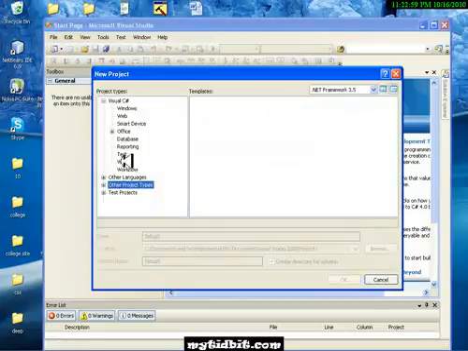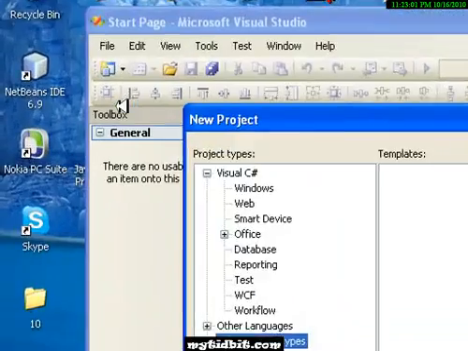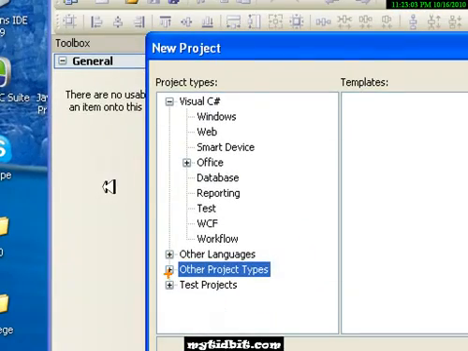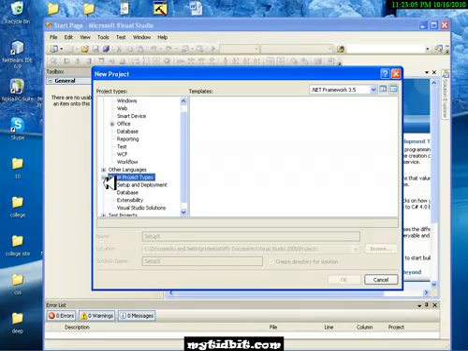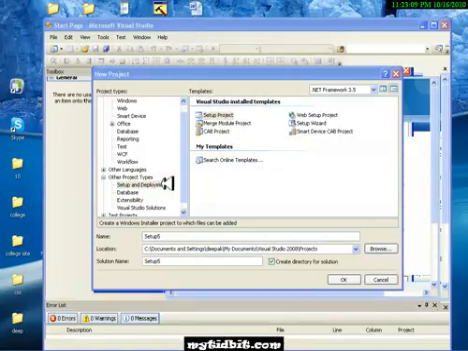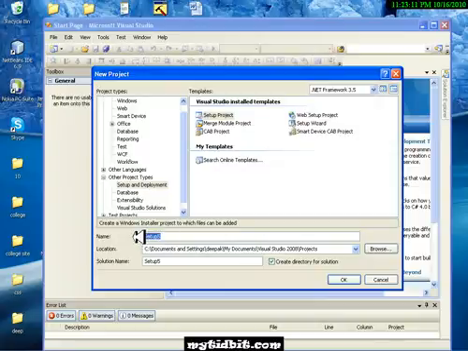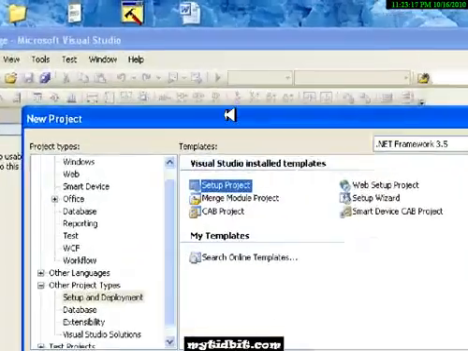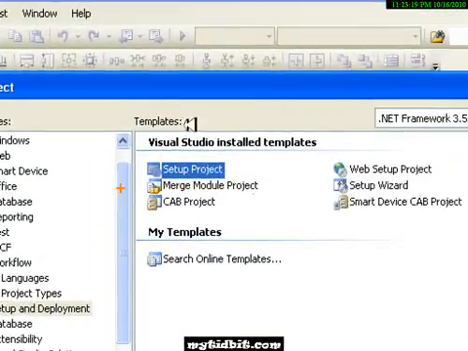project options you will have varieties of things displayed. Go for other project types, and in that select Setup and Deployment, that is there here. Name the project the way you want. I'm going to name it tidbit. So here there are a lot of options: setup project, web setup project, merge module, cab